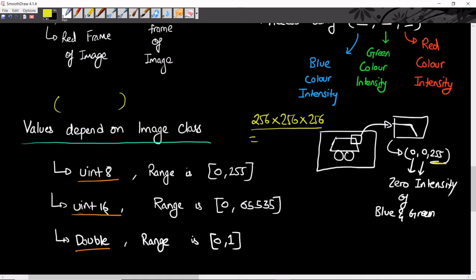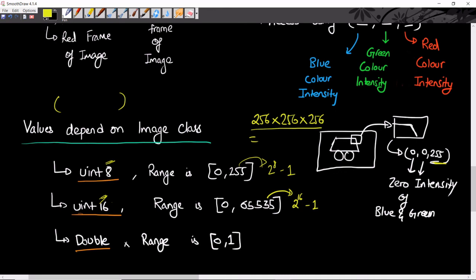If my image class was uint16, my range would be 0 to 65,535. This is basically 2 to the power 16 minus 1, and this is 2 to the power 8 minus 1, because here it is 8 and here it is 16.